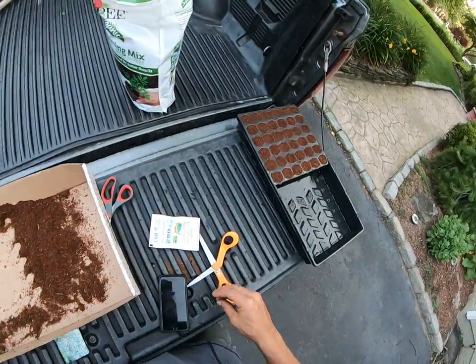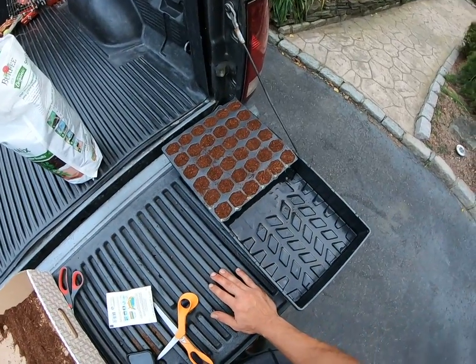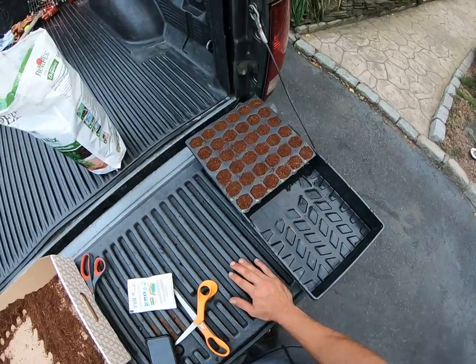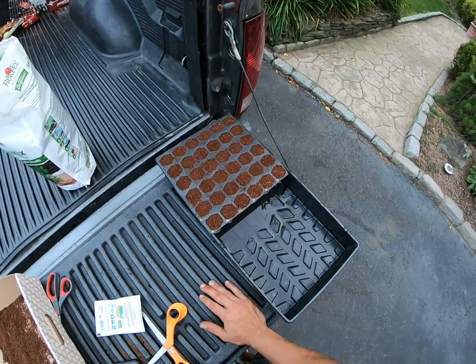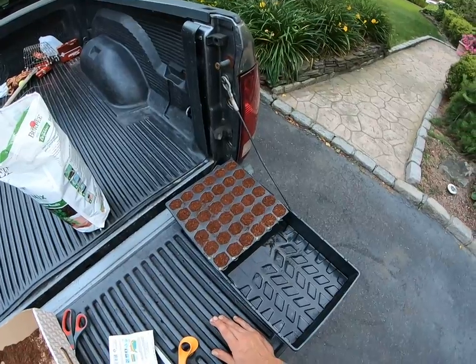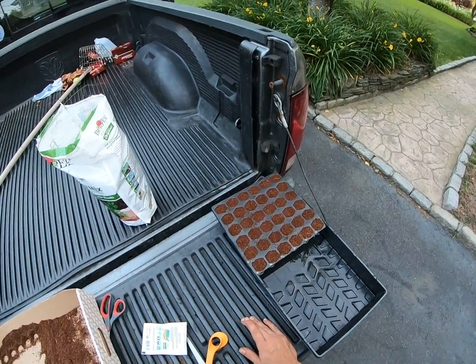After this soaks up, I'm gonna get it on a nice level surface, throw a dome lid on it, get the humidity up, and leave it outside, right on the patio, and call it a day. And that's how you start some seeds up, instead of having to go to Lowe's or a nursery spending $3, $4 on one plant,